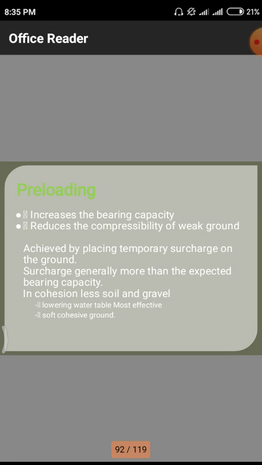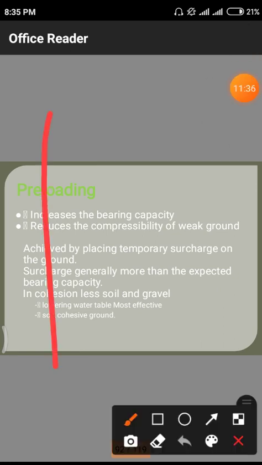And for a particular structure constructed on a particular field, we need to have the data of the groundwater level, at which depth the groundwater level is, and up to which depth our foundation level is constructed. If there is a difference between the foundation level and the groundwater level, we also need to have a clear idea of these things.